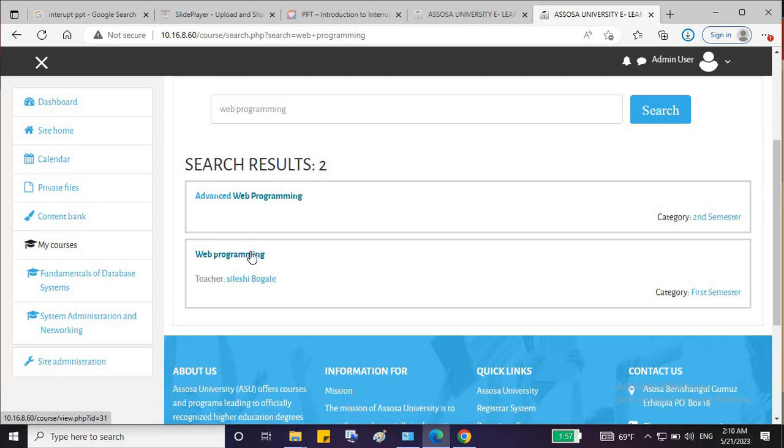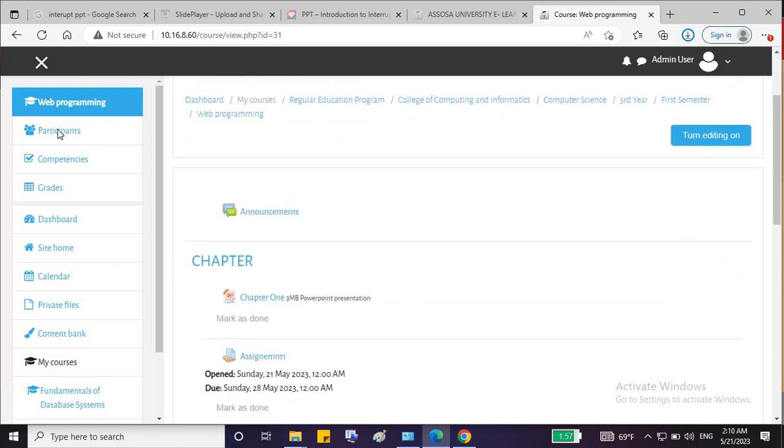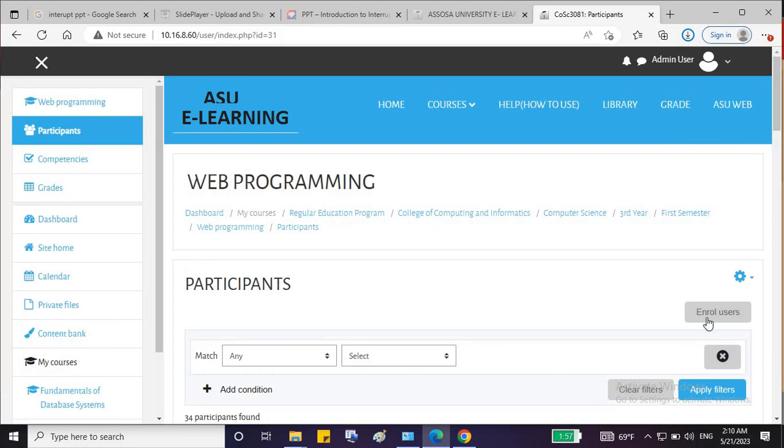Solution. This web programming course might be from another department. This course is from the computer science department, and this teacher is already assigned. So let's assign